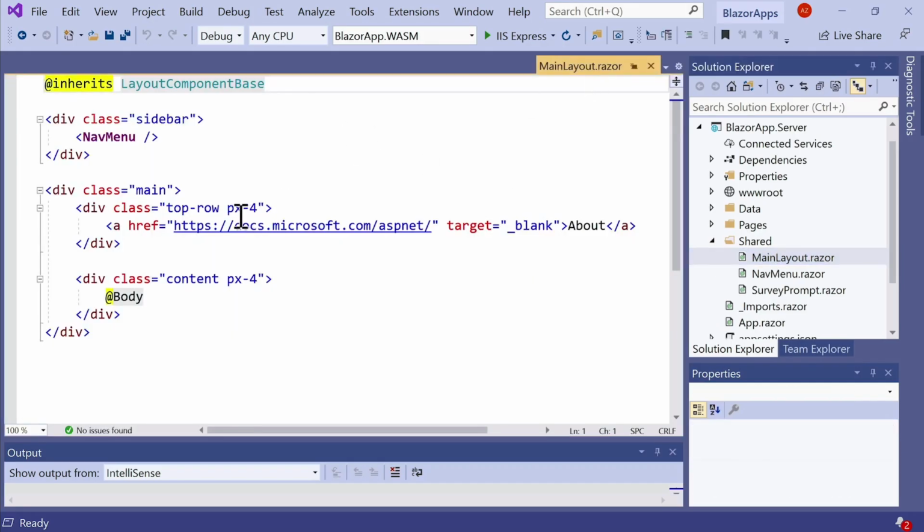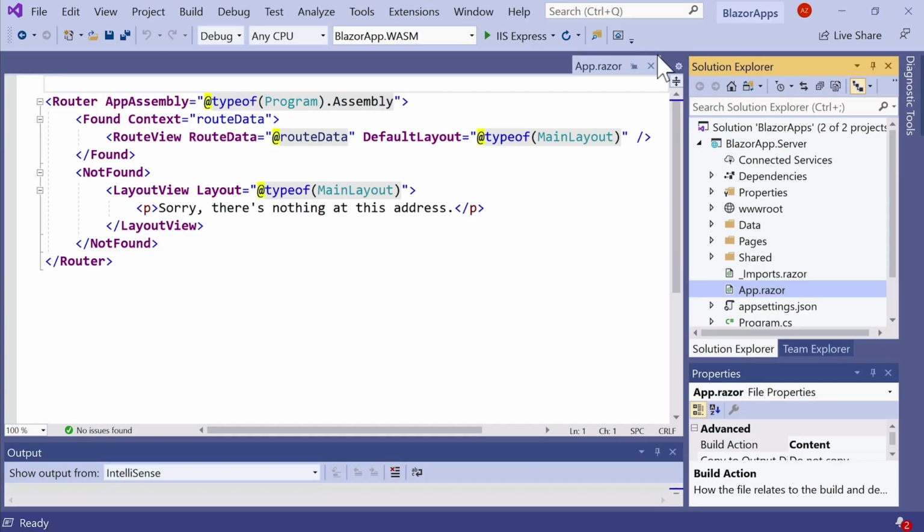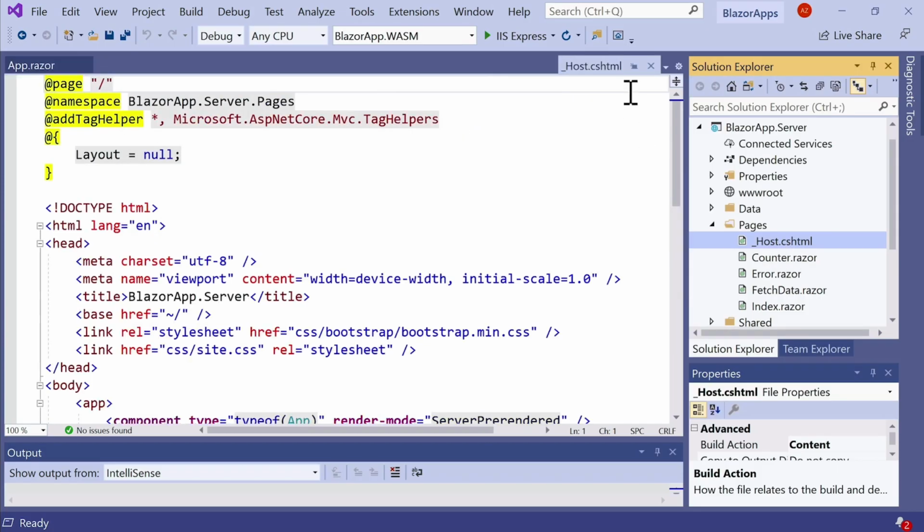And here you'll see a basic component. This is a layout type of component. If you're coming from the world of ASP.NET, think of this as a master page in a way. In your server project, app.razor is actually the root component that gets rendered inside of the page. Remember the page I showed you here, the host page is